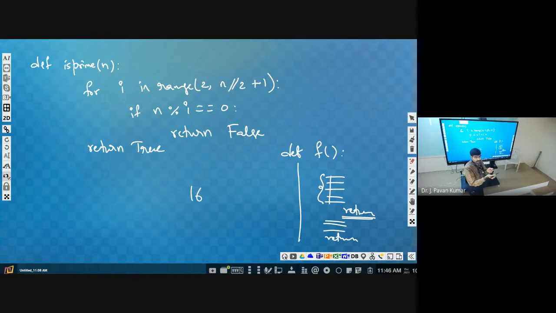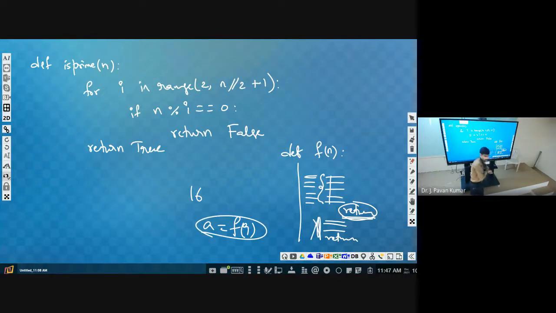Return means it will transfer the control back to the place where we called the function. We will be calling this function by supplying some value, let us say f of 9. Whenever we call this function, it starts executing from the first statement onwards. If, while executing, it encounters a return statement, then immediately it will return to this place. It will not execute the remaining statements; it will skip them.